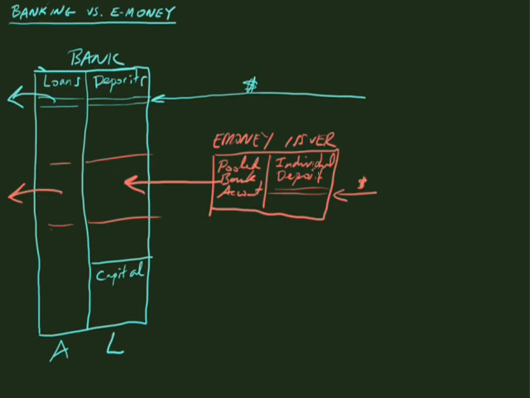What you can see here is that the business of the e-money issuer really is just individualizing this large one bank account. Because from the point of view of the bank, it looks like one bank account which is owned by the e-money issuer, but then the e-money issuer turns around and itemizes that across many individual customers. This account here that I hold is not a bank account because it's legally money that is owed to me by this e-money issuer, but it's like a bank account in the sense that what's backing my deposit is money that is sitting in a bank account.